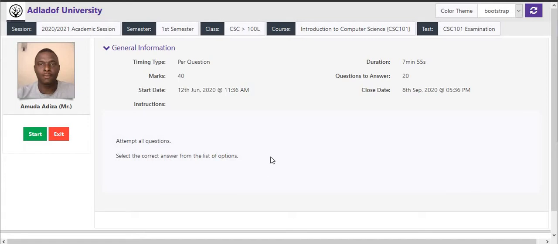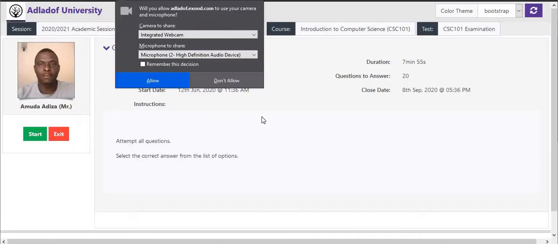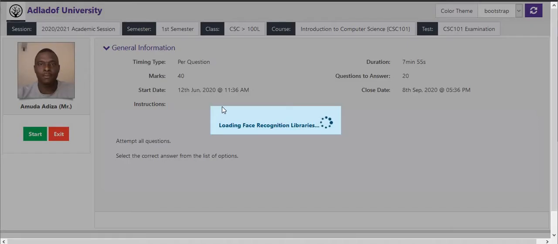This is the test screen where the student sees what exactly this test is for, and he can start the test by simply clicking on start, where he's reminded that the test is about to start. He says yes. Now usually the permission is only asked once, because when you click on remember, it doesn't ask you anymore that it wants to use your camera and your microphone. You click allow,